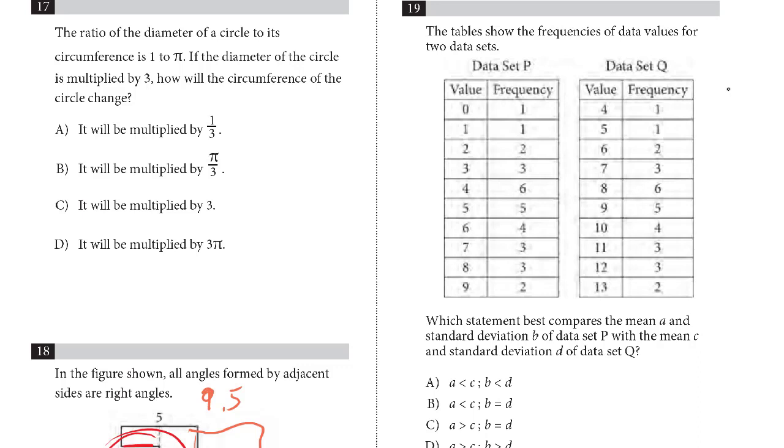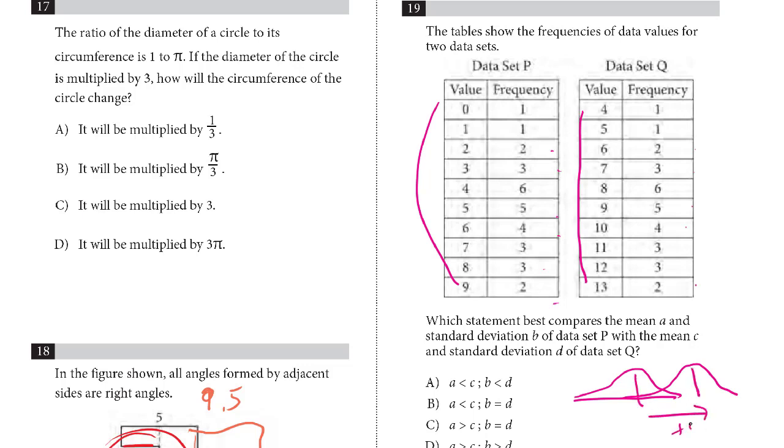Number 19, the tables show the frequencies of data values for the two data sets. Okay, so if we look down the frequencies, they are all exactly the same. What's the range? Here we go from 0 to 9. Here we go from 4 to 13, which is the same range of values. It's 9, but we start at 4. So what's going to happen is clearly this is the same distribution, whatever that looks like. And the other one, Q, is going to be the same thing. It's just going to be shifted 4